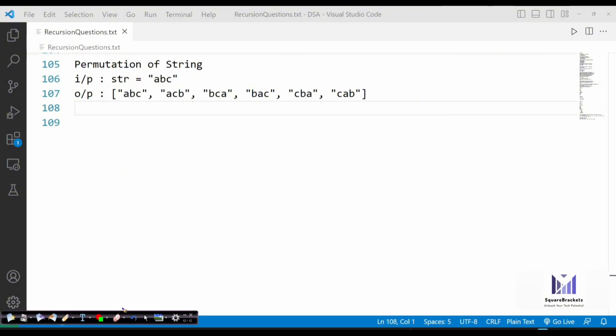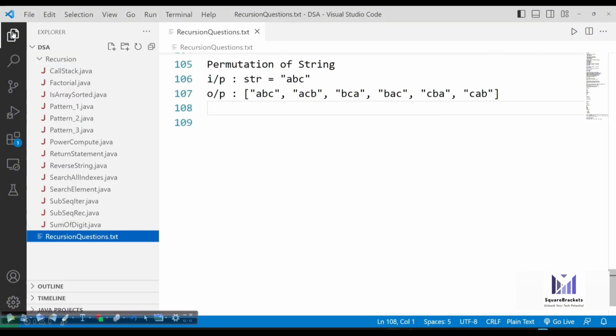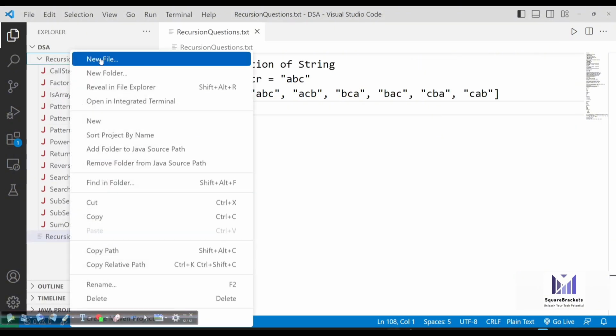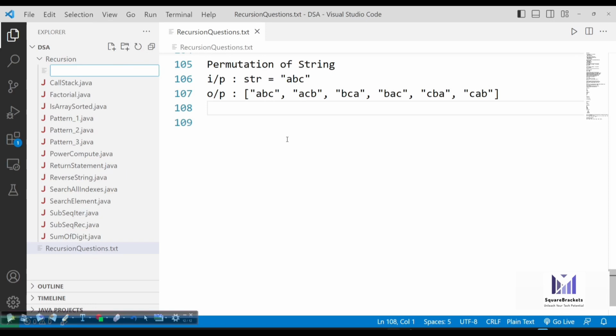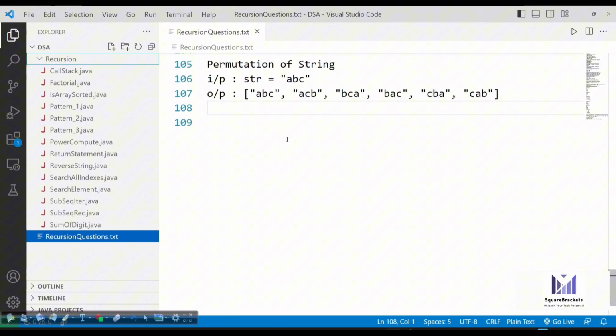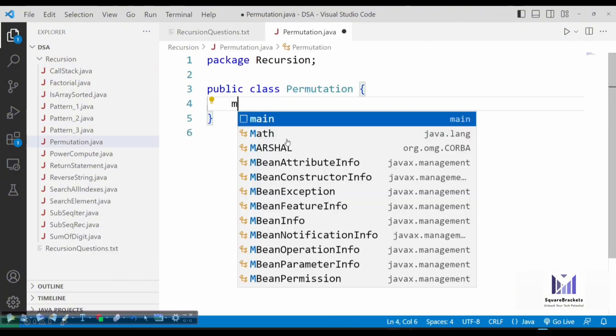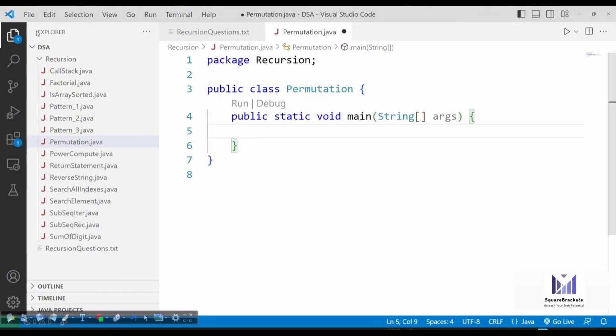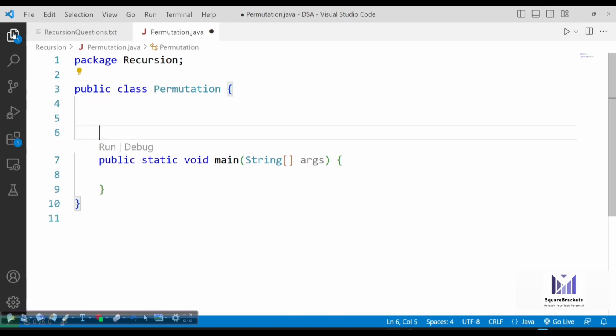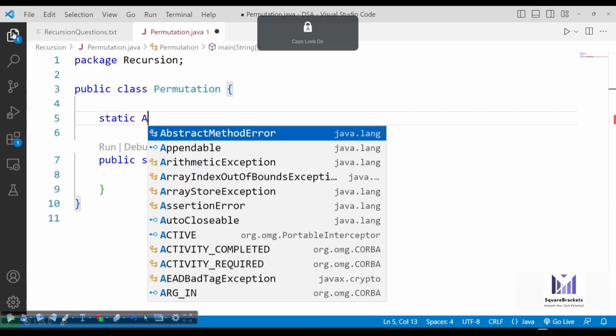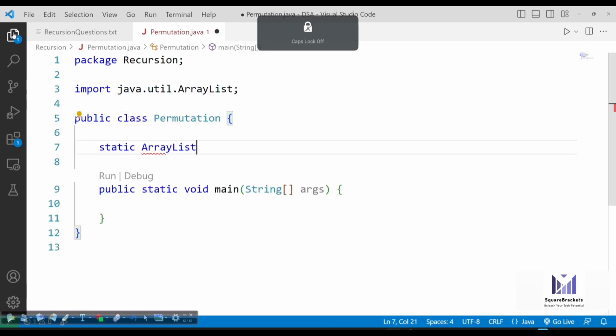Okay. So basically, if I talk about the solution, the very first part will be the same as the subsequence question. Permutation.java, and then we have this function static. This will also return the array list of string type.